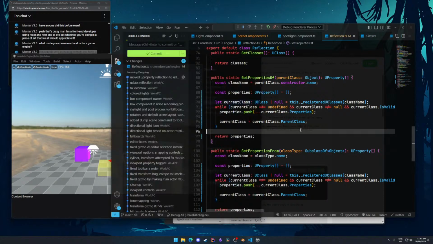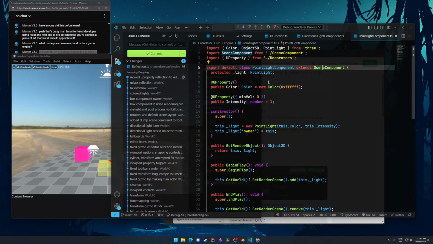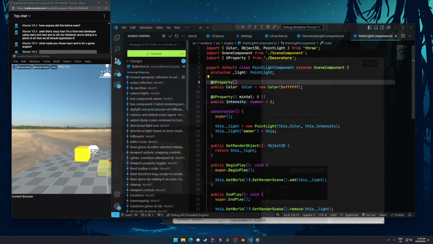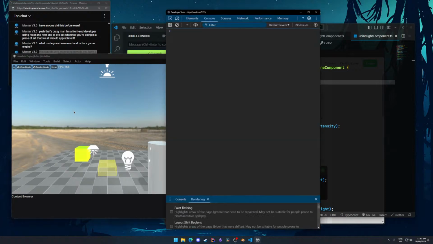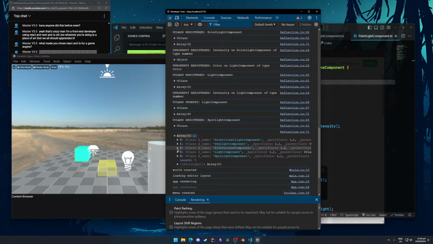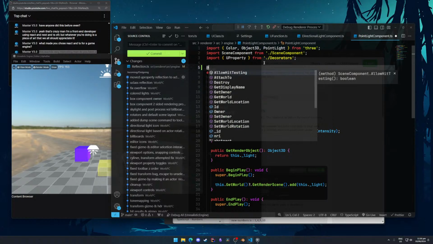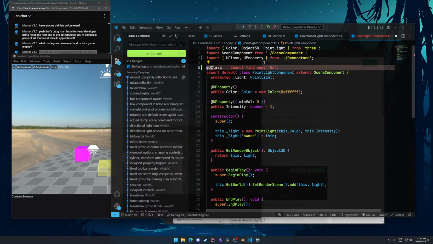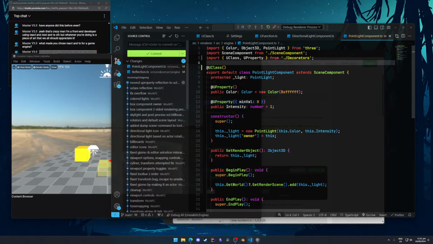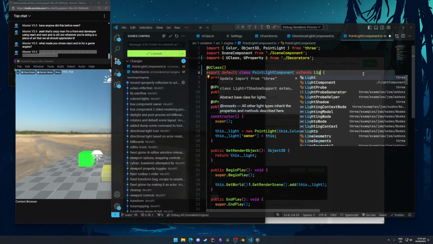Why does the point light not have any properties? That's bad. The point light doesn't have any properties because it's not a U class, and that is basically just the rule that I set in place for myself, which is fine. That's how I want it to be. So now this should be fine. So you can only have U properties if you're a U class. Makes sense. And then now this can be a light component